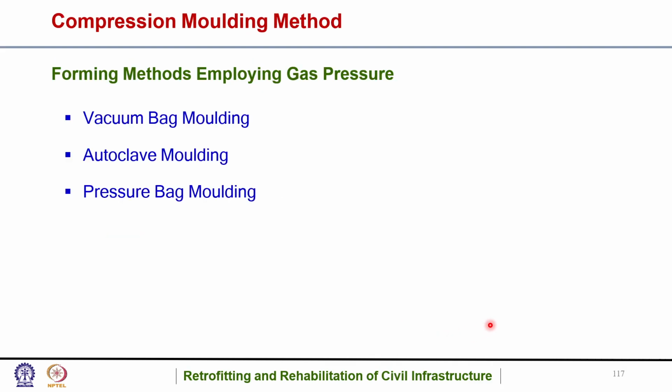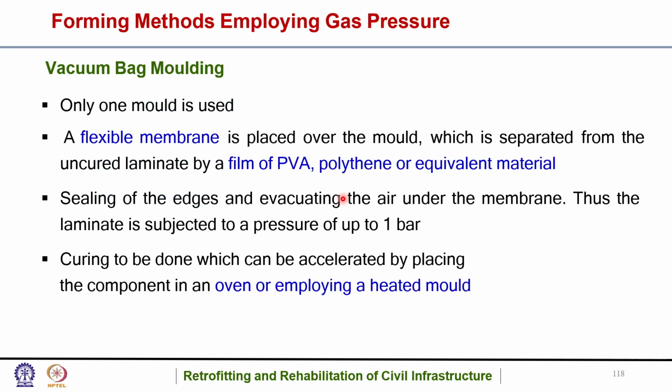Okay. So the forming methods employing gas pressure. So vacuum bag molding, autoclave molding, and pressure bag molding. So these are the forming methods employing gas pressure. So vacuum bag molding. So only one mold is used. A flexible membrane is placed over the mold, which is separated from the uncured laminate by a film of PVA,